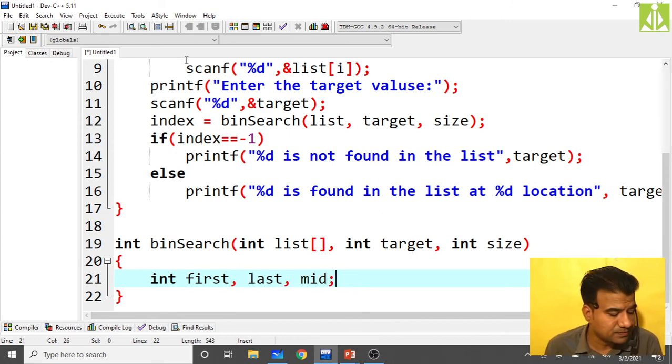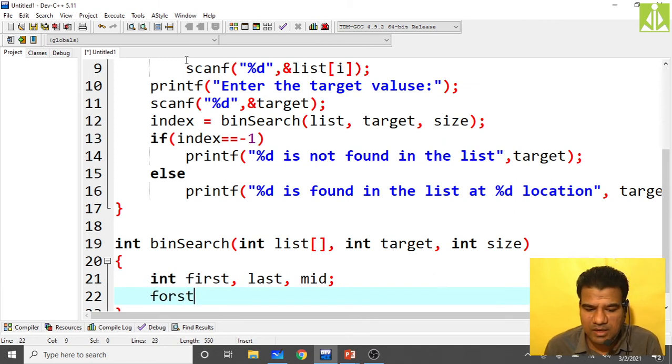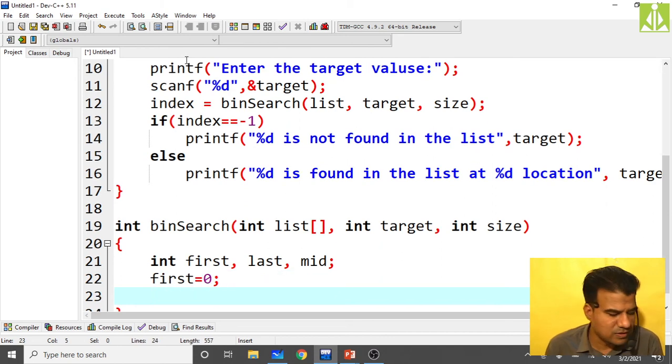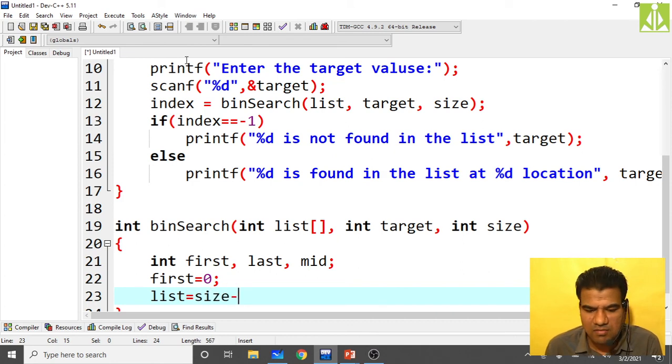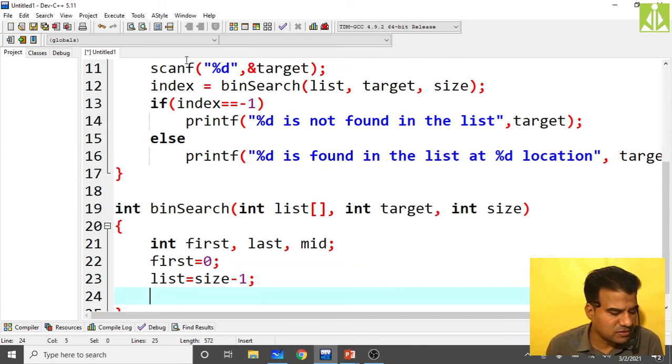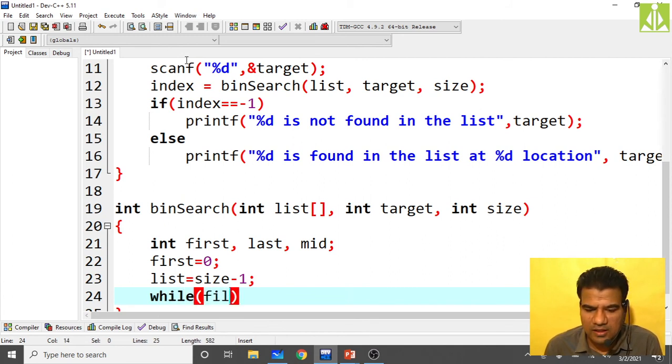Three elements. Initially we make first equals 0, and last equals size minus 1. Now calculate mid, or rather, everything we do inside while. First must always be less than or equal to last.